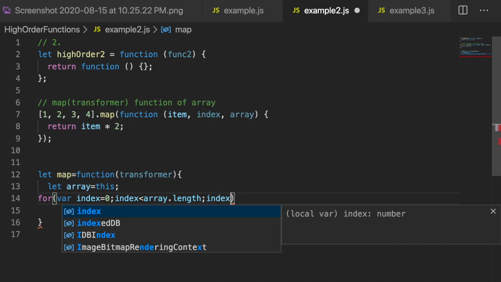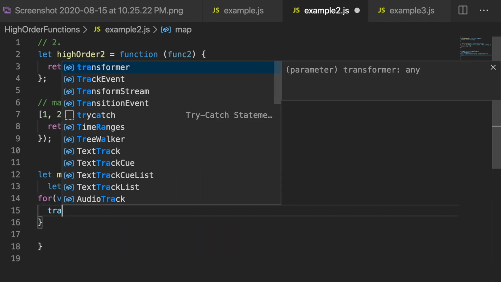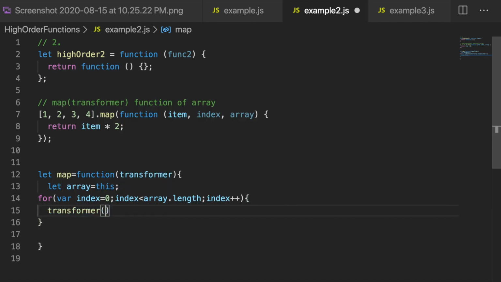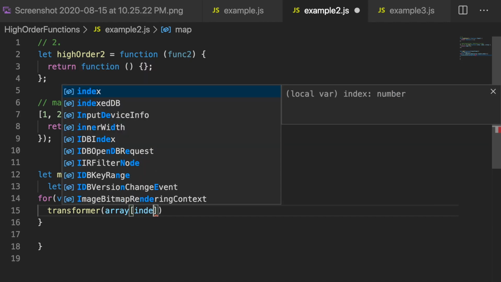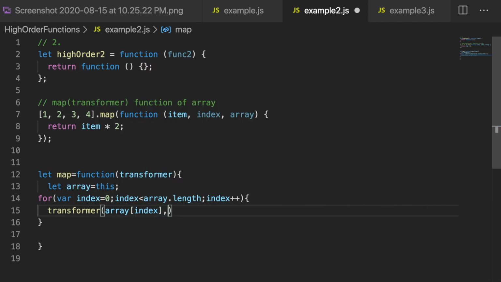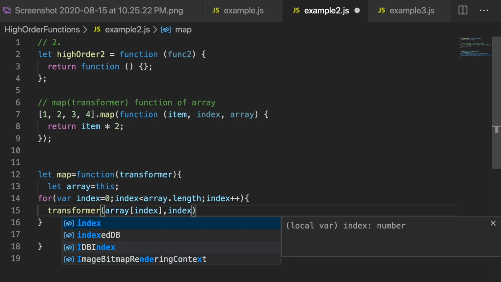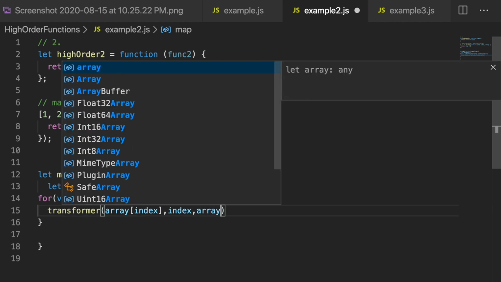Then we will run the transformer function, but we have to make sure that our transformer function can accept 3 arguments: item, index, and array. So we need to pass all of these into our transformer function. The item is the current item, that is array of index, the second is of course its index, and the third argument is the array itself.